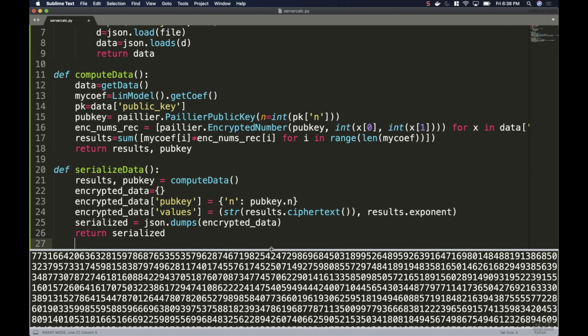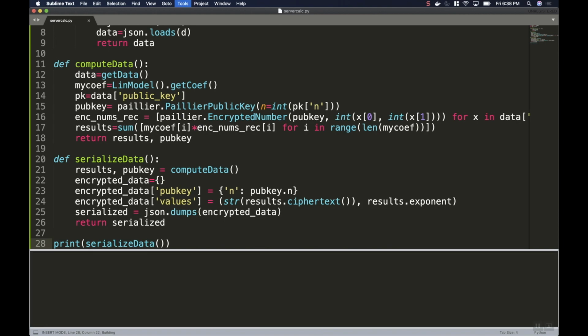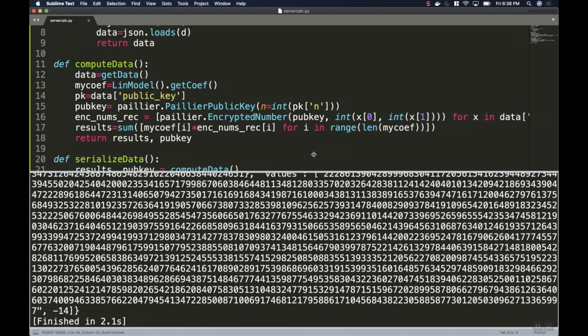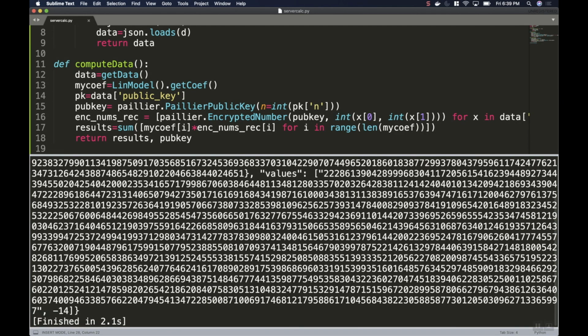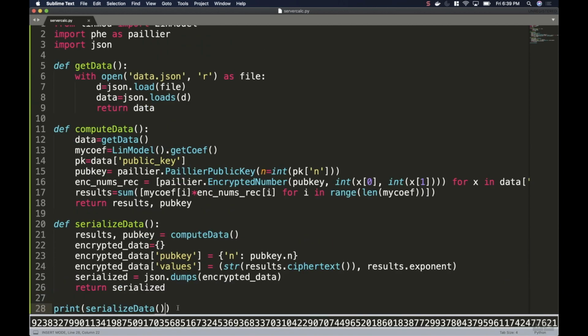Now what you're going to see is I'm going to print this serialized result, and you're going to see that again it is completely encrypted. So this is the information that goes back. It's a public key, the value, and then below you'll see there's an exponent of -14. This goes back to the client and they have to now use their private key to decrypt whatever this means. At this point, company XYZ will have no further ability to decrypt this.